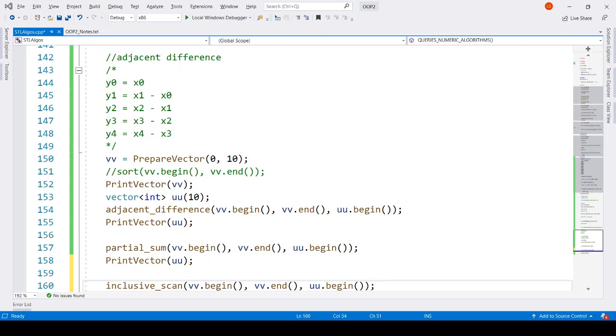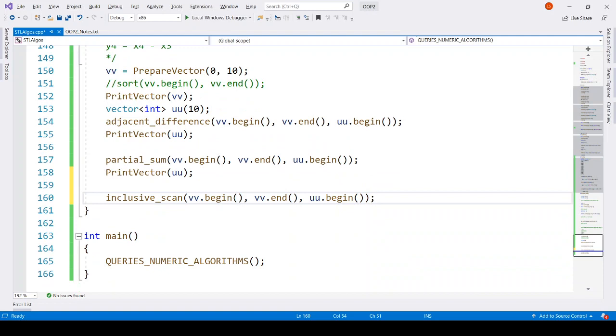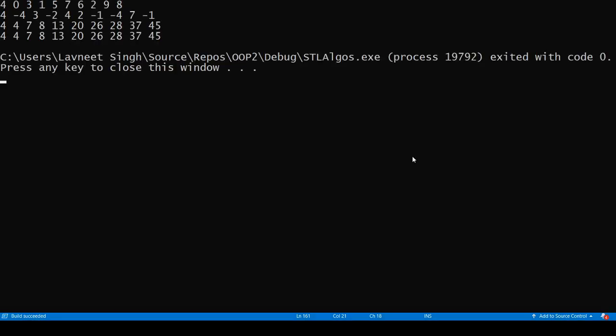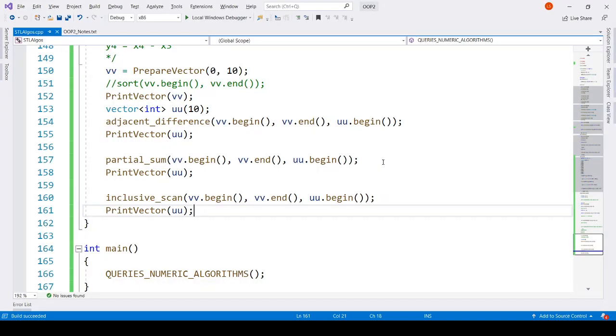Okay, and print the vector. So you can see there is no difference between partial sum and inclusive scan, right?